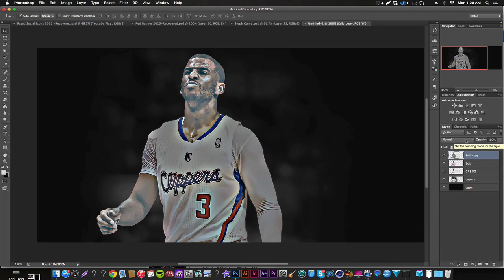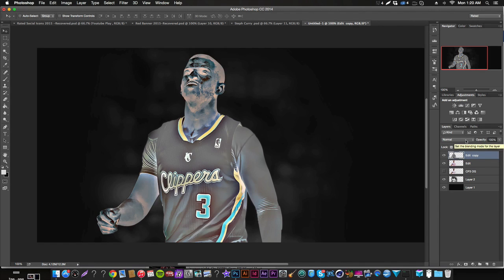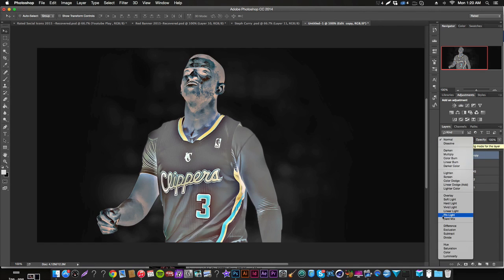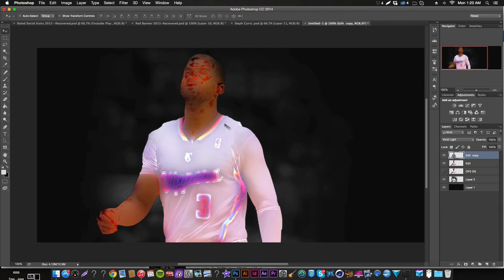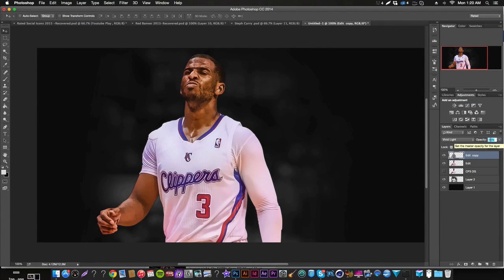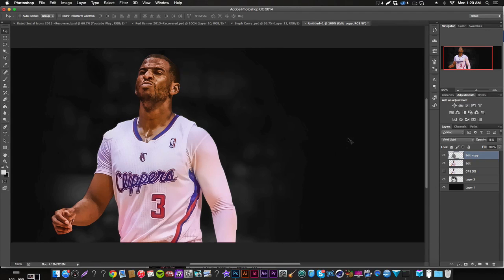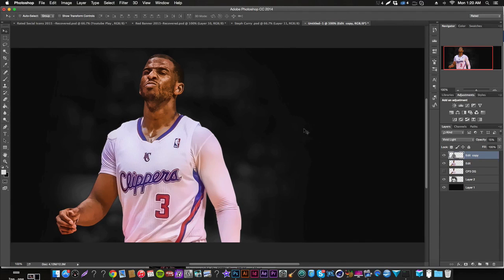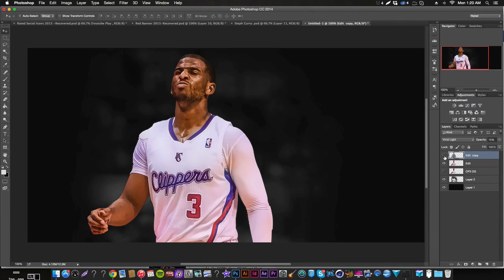And what I do is I invert it. I hit Command I, and I hit Vivid Light, and what that does is of course it's going to make everything look really weird. So you're just going to move that down to about 15%. And what that does is, if you can't really see the difference, that's without it, that's with it,